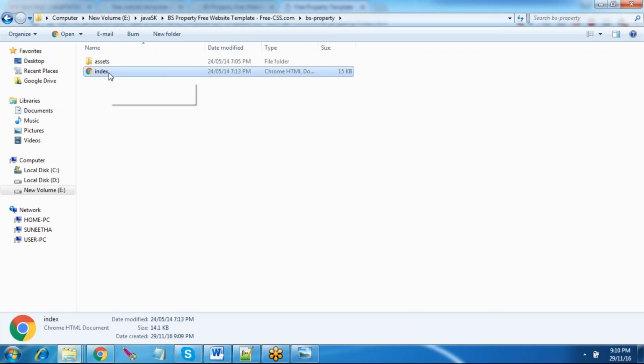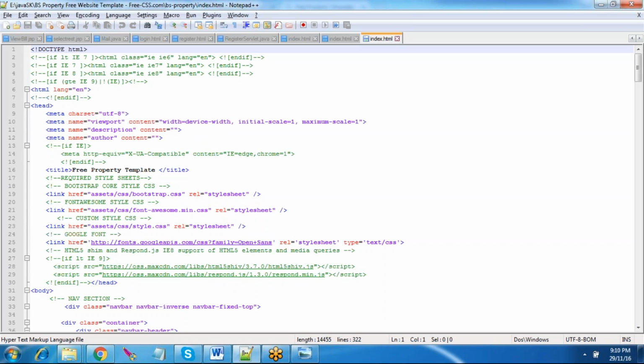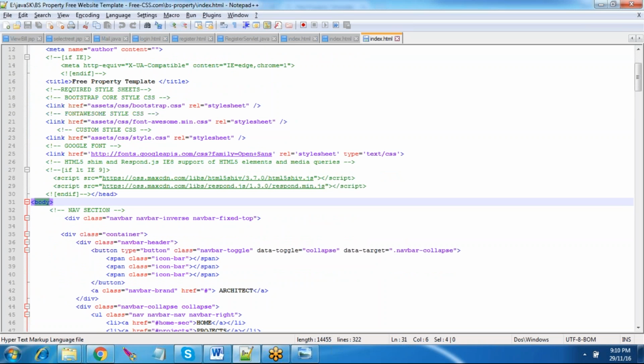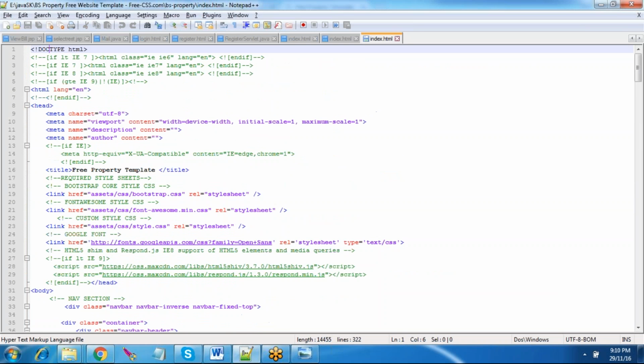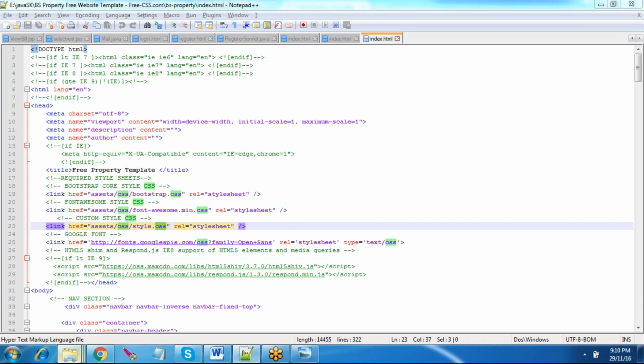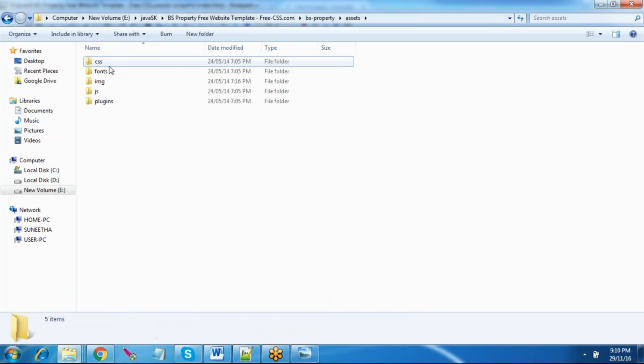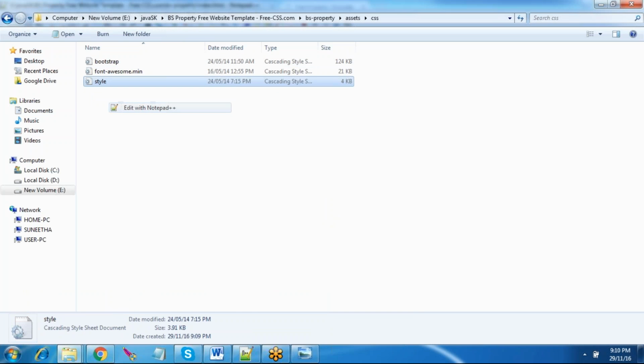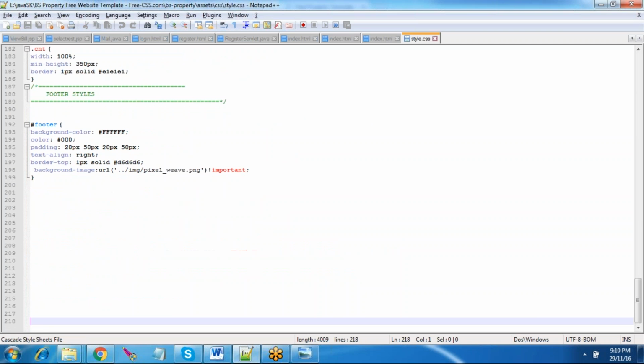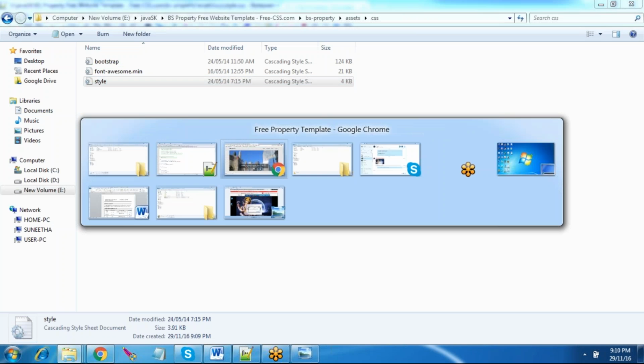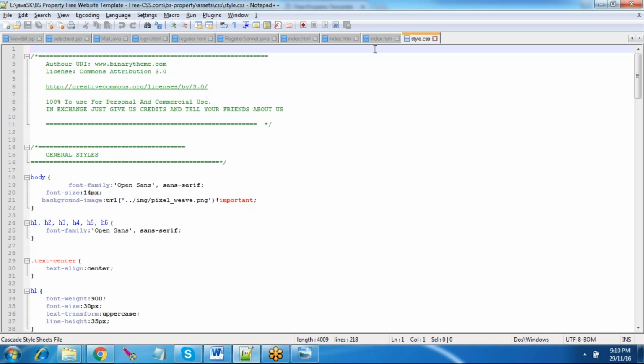For basic information, I'll just differentiate what is HTML code and what is CSS code actually. HTML tags here will be included everywhere, like body, all these things. Now the CSS code will be written separately in a particular link. This href, which is pointing to assets, in that assets we have CSS, and in that style.css is there, right? So here if you go to the assets CSS, this style.css is the code they have applied for the entire page, like headings and everything. Okay, so the same way,